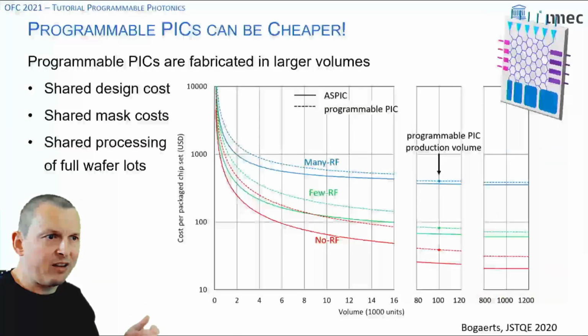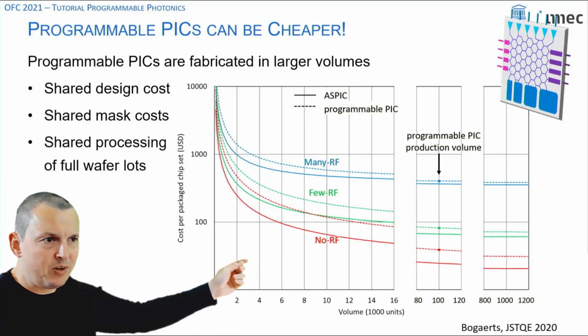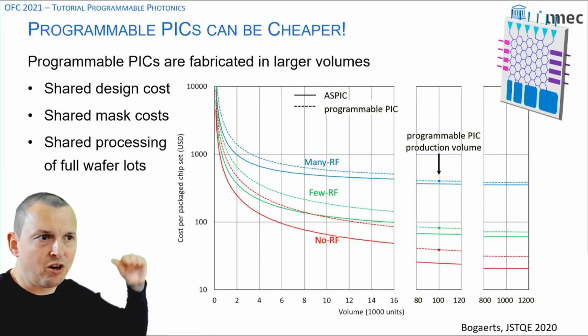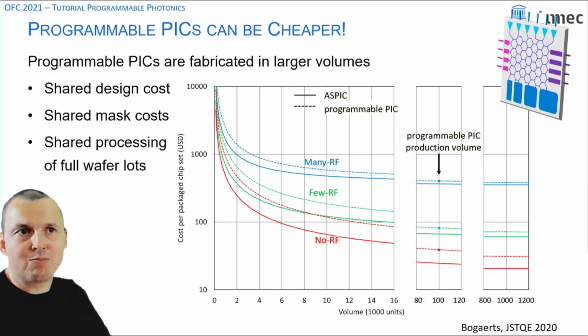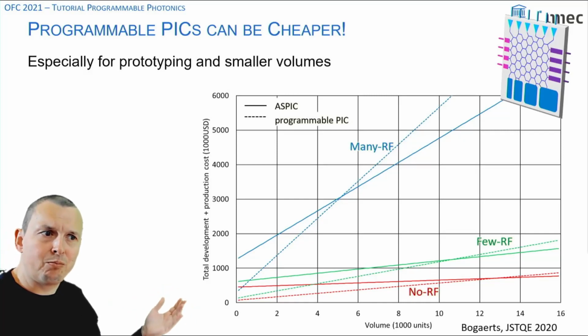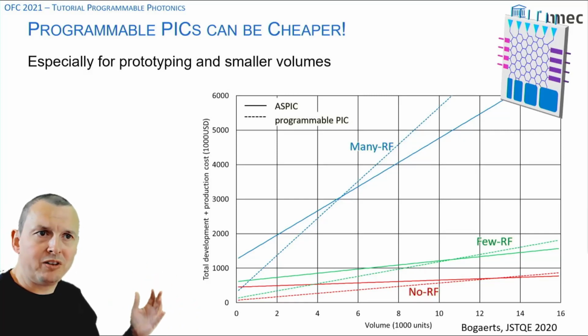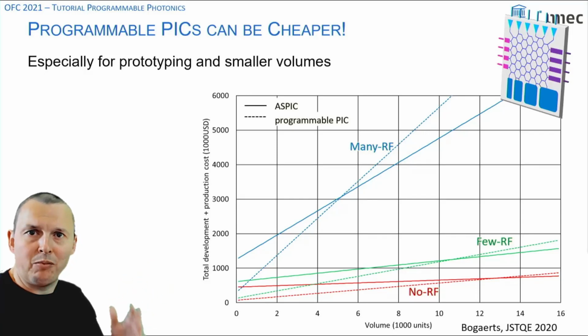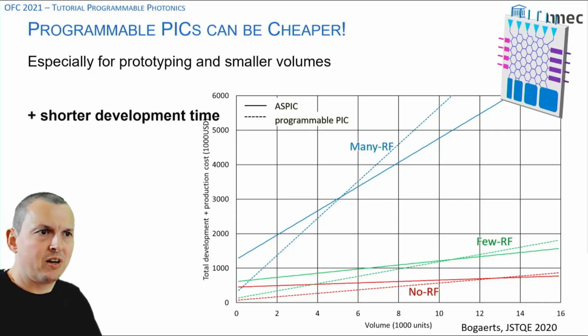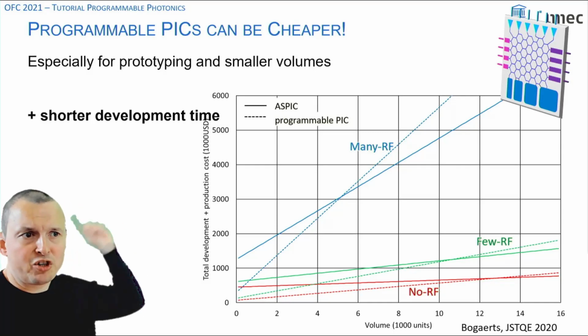However, it's being made at much larger volumes. So that means that the cost of the chip can actually, at a higher volume, be lower than the cost of your application-specific chip at a lower volume. And so we see that in price, we can expect a break-even point where for low quantities and prototyping, your programmable photonic chip can be a lot cheaper than your custom-made photonic electronic chip combination. On top of that, you have a much shorter development time